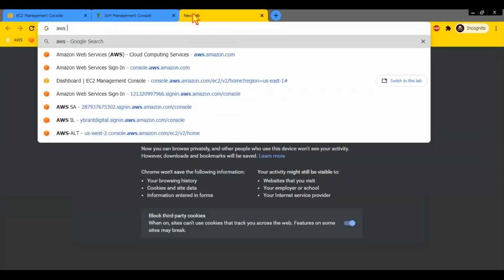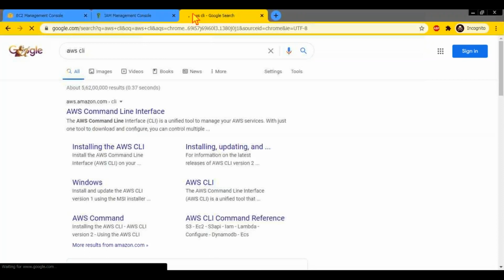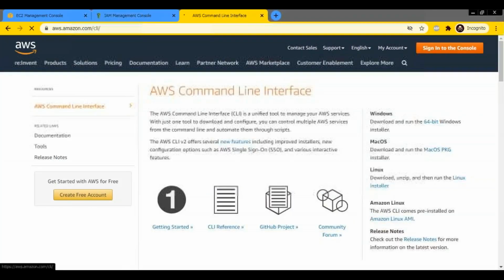So you go to the AWS CLI page, go to this URL, you download and install it. It is pretty straightforward. You download the 64-bit package, you double click install like any Windows software. If you are using macOS or Linux, the instructions are given over here. You can install it on any machine. You can install it on your laptop. You can install it on an EC2 instance also.